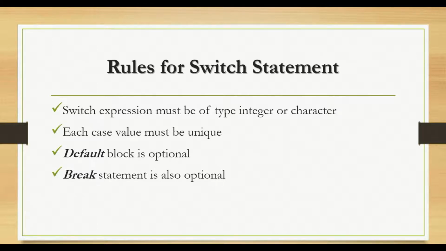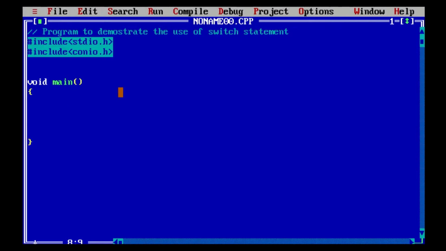So now we have studied theory regarding switch statement. It's time to see it practically. Now let's see the use of switch statement with the help of a simple basic calculation program. In this program, we will display 4 options for basic arithmetic calculation from which user can select any one according to the operation user wishes to perform. Since the program deals with arithmetic calculation, we need 3 variables of type float, 2 for storing values and 1 for answer. We need 1 more variable of type integer to keep track of user's choice.